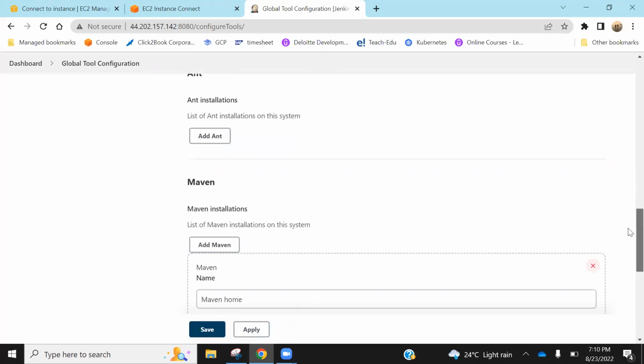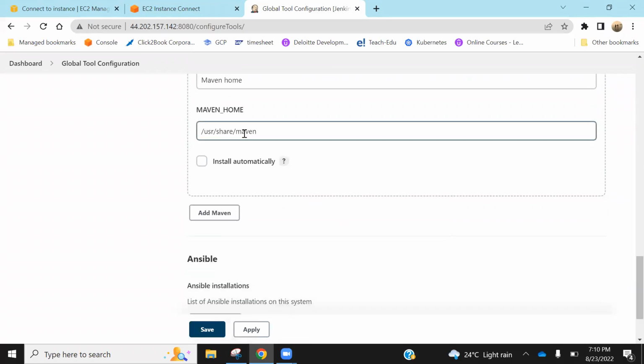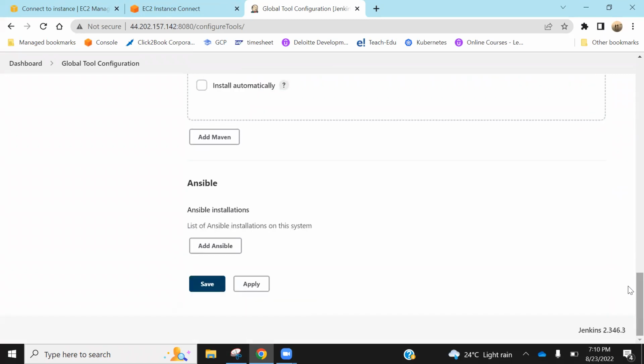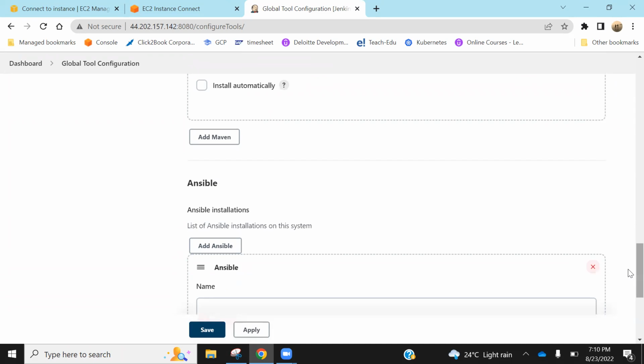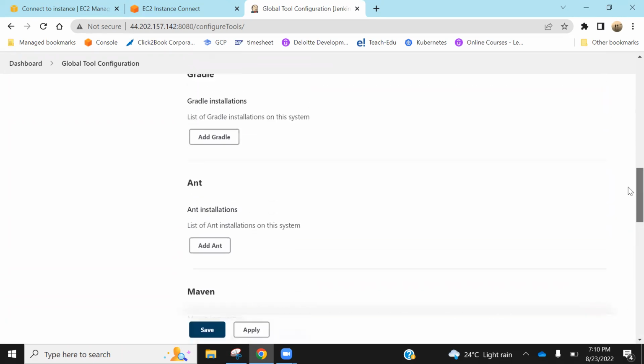Okay, Maven is configured, Maven home, and this is the path where Maven is there. Similarly, I check for Java. So Ansible is not installed. So I have this plugin, but Ansible is still not installed. So I will do that. I'll fill it. But before that, I want to check